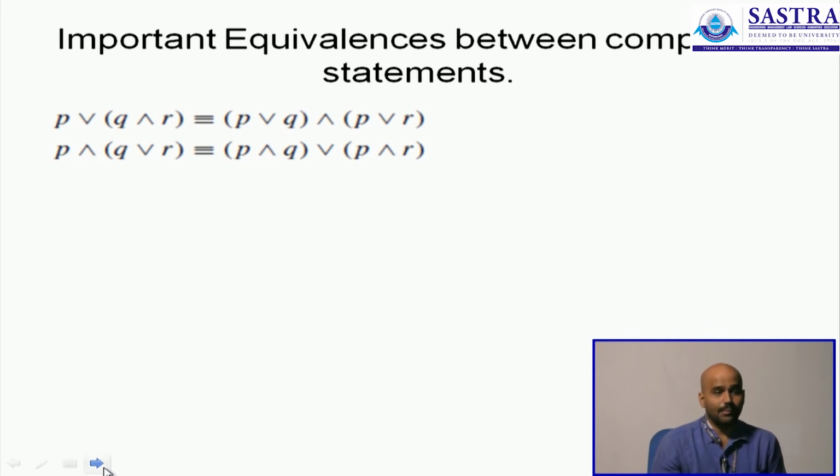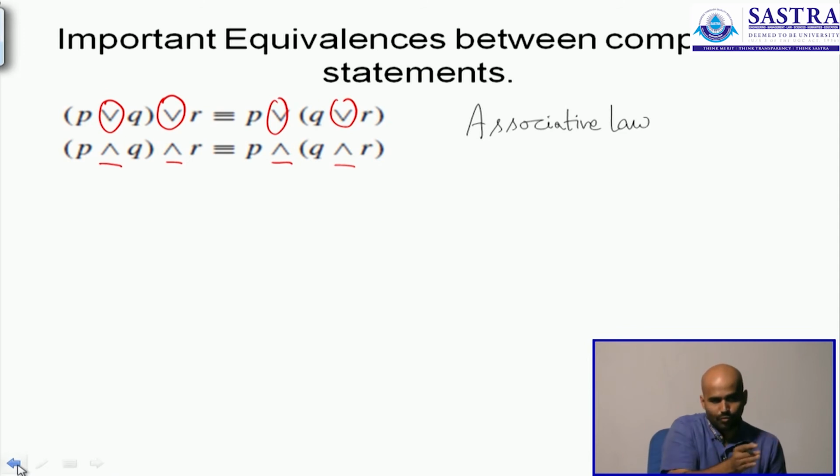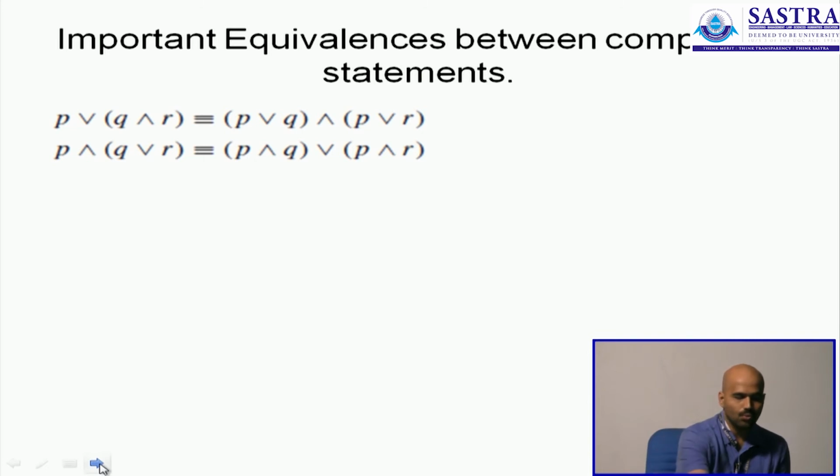Fine. What happens if the operations are different? Now in the last slide we saw that it was uniformly the same operation. It was a disjunction everywhere, and hence it does not matter. What if the operations are different? What if you have three statements, but there is a disjunction in one case and a conjunction in another? Then you cannot just rearrange the brackets and evaluate the expression. It happens like this. We verified this law slightly before, a couple of slides before.